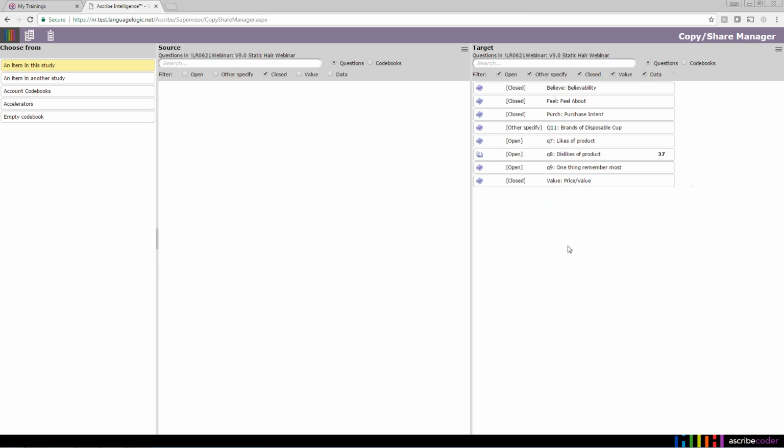Okay, so that's what we see on the target side. Over here on the source side, let me just turn this on. You'll notice that the source right now is the same as the target. And in the source pane, I should say, what we're going to see listed here are